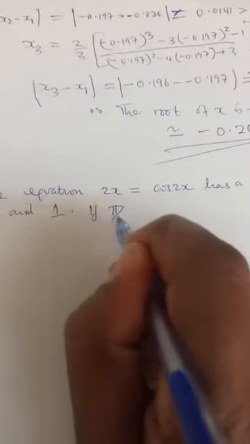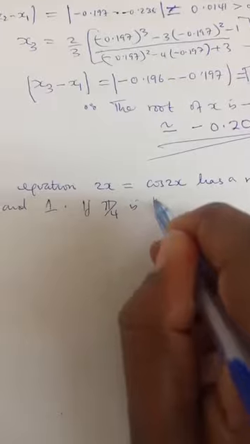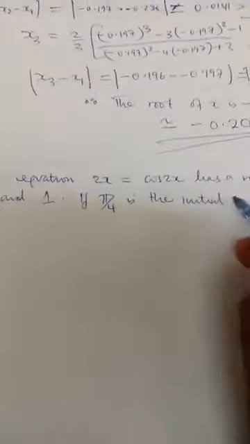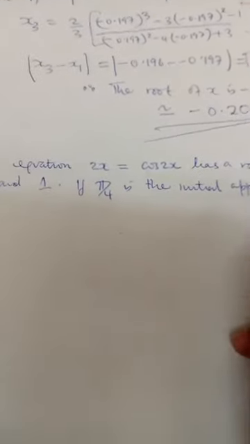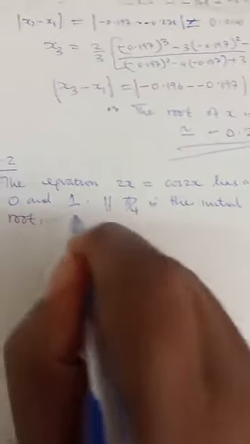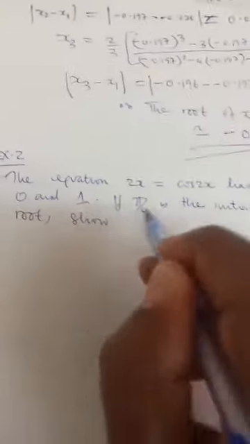If pi out of 4 is the initial approximation, in other words, the x0, to the root, they want us to show that